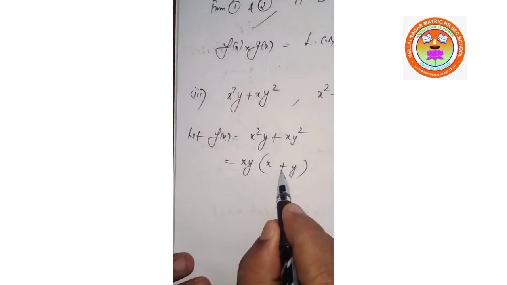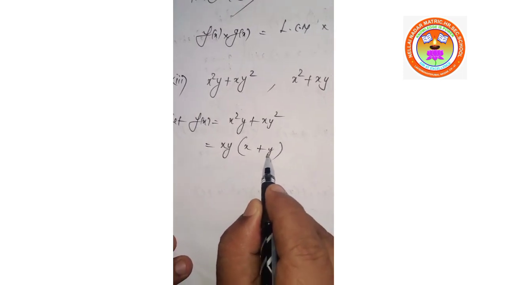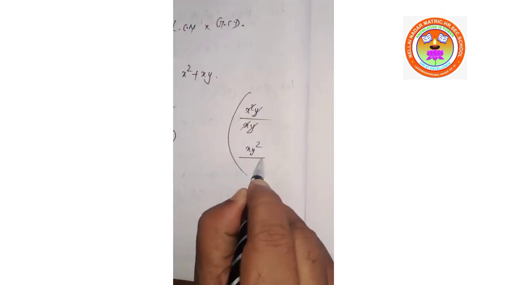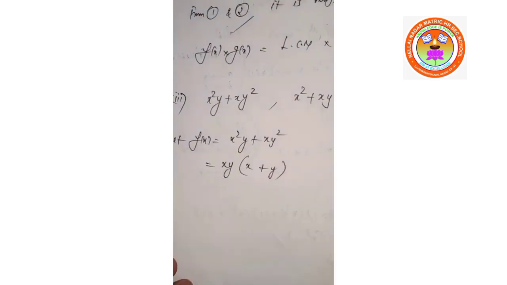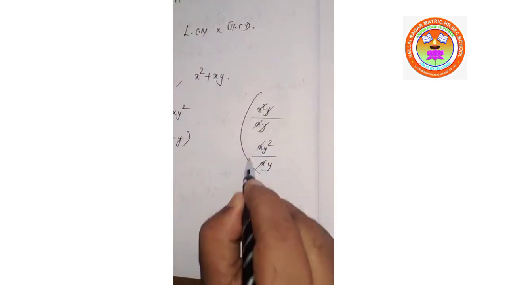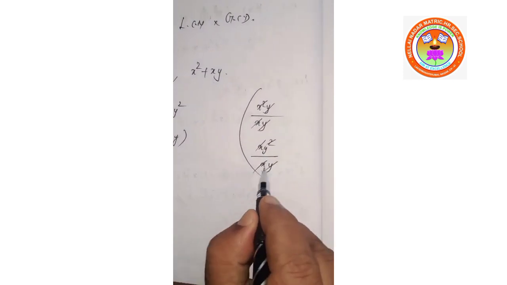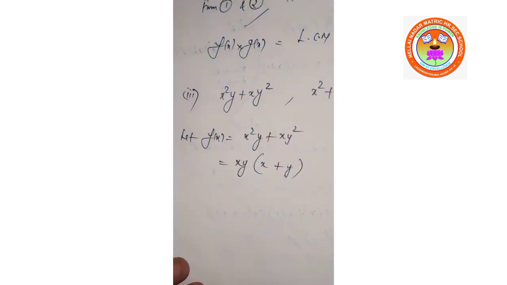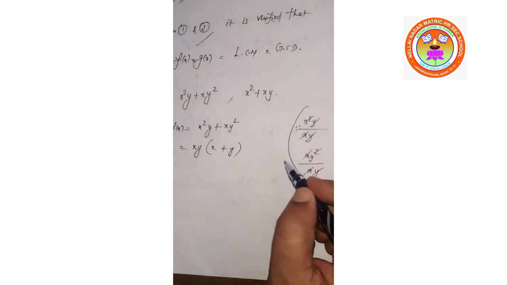Plus. Then how I got that y? Listen, what's the second term? xy squared divided by the common, which one is common? xy. x gets cancelled, one y gets cancelled, which one is left out? y, I have written that way. If you know, you can directly write. Okay, after that,